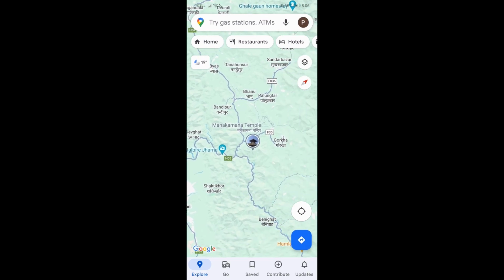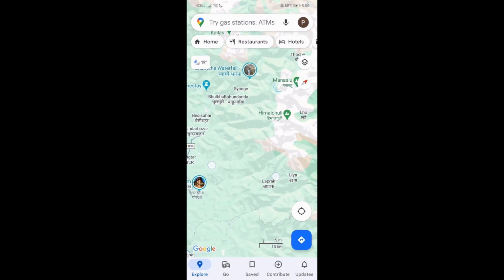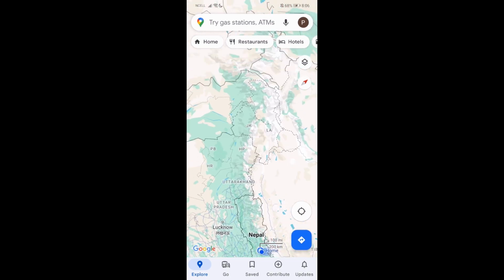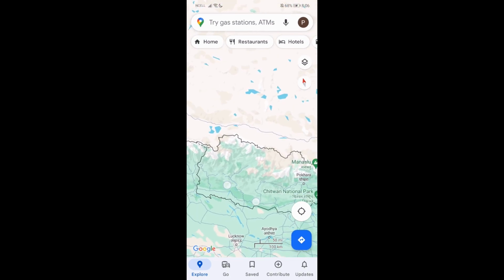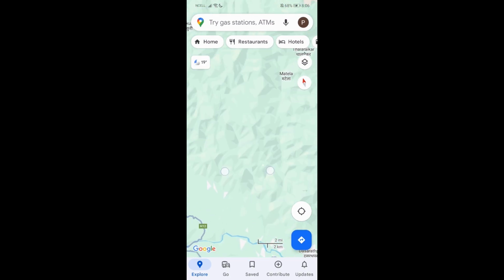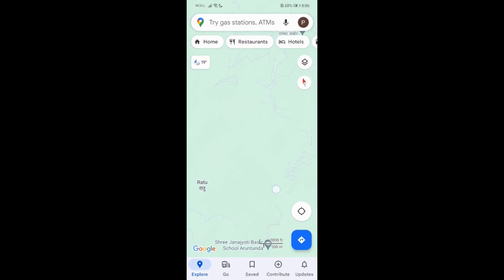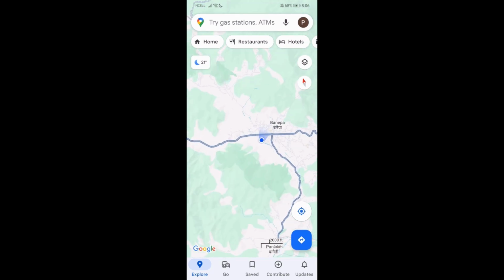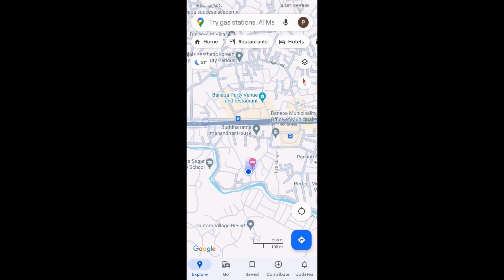So now let's just get started. Firstly, what you need to do is just go to your Google Maps, and then let's see somewhere around here, or let's say I'm looking after here. So to know my exact location or where am I right now, what you need to do is over here you'll be having this option, this button over here. Just press on it and it will redirect you to your particular location, and just press it,